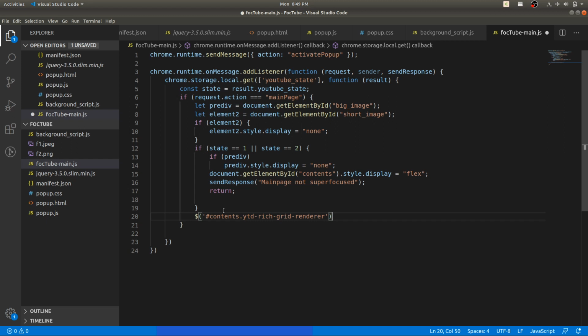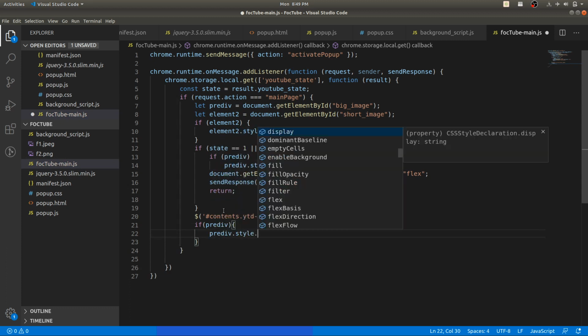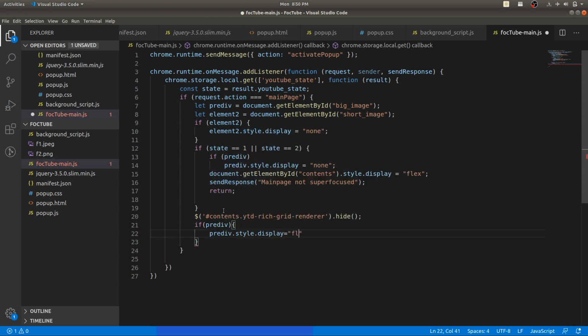Here I am showing you how to make a jQuery. Along with the id, that is contents, I am taking the class that I want to hide. So contents and the class which is ytd-rich-grid-renderer, and I want to hide that, so it will get hidden.